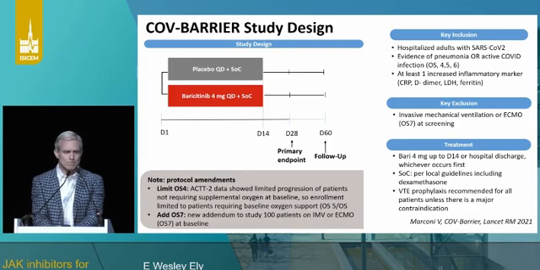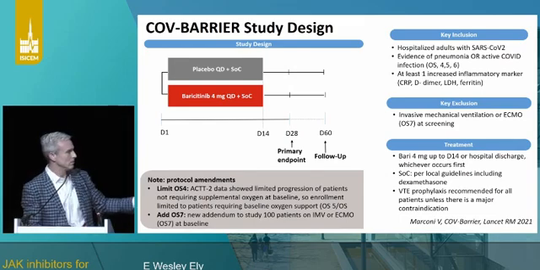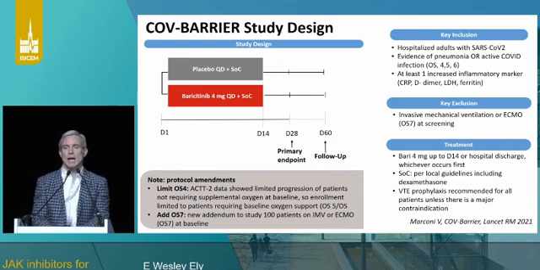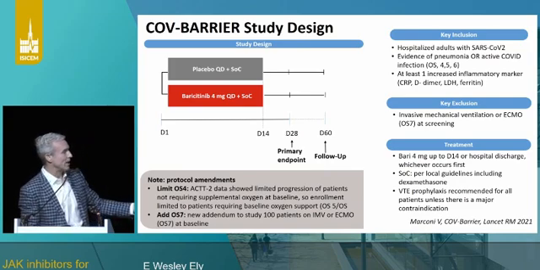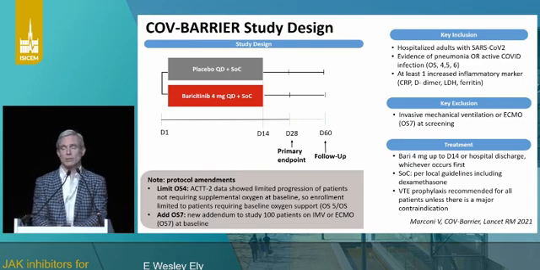We excluded people who were already on a ventilator or who were on ECMO, but I'll go on to tell you that we've now studied ECMO and ventilated patients in a separate investigation. And we had a protocol amendment noted down here, whereby soon after the initiation of the study, we realized that people who weren't on oxygen were less likely to benefit, and so we began excluding people who were not on any oxygen in the hospital. We eventually went on to add OS 7 to a double-blind, placebo-controlled randomized trial, which I will not show you the data of today, but which are already submitted for peer-reviewed publication.